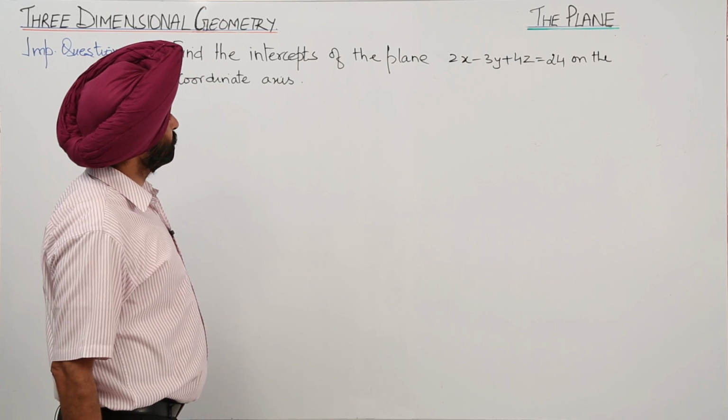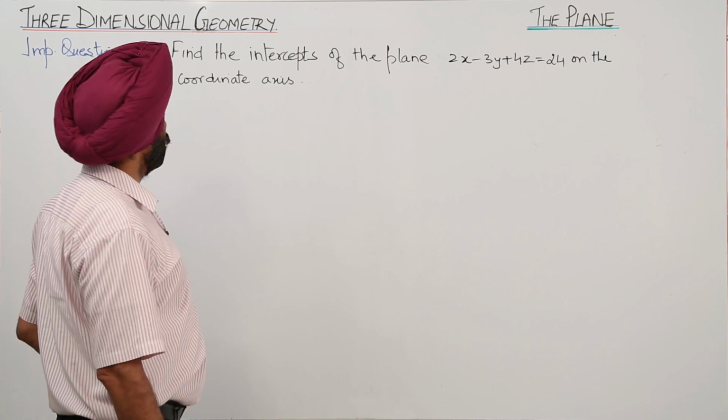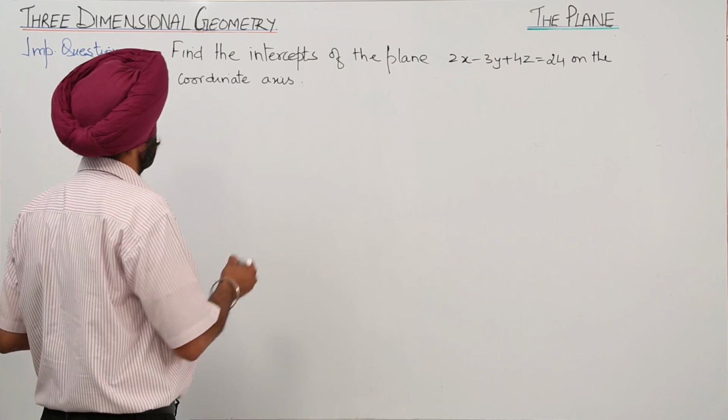Find the intercepts of the plane 2x minus 3y plus 4z is equal to 24 on the coordinate axis. Now,